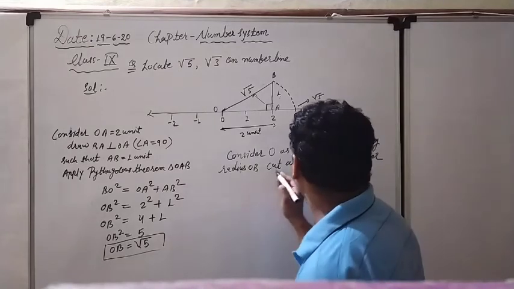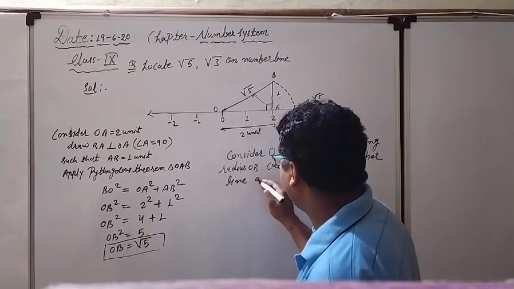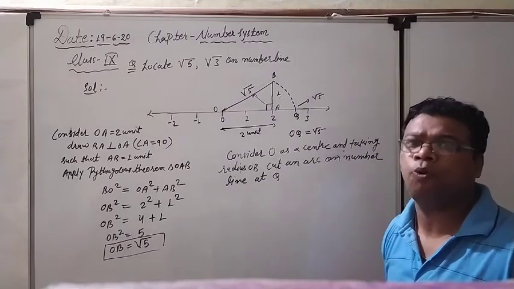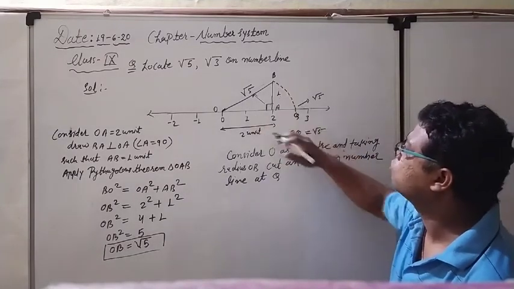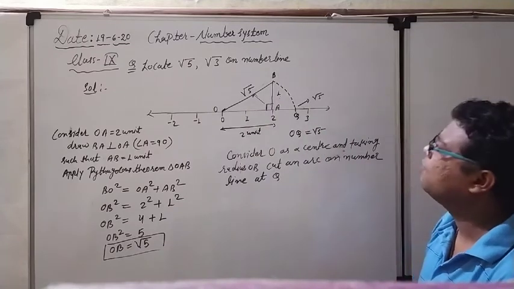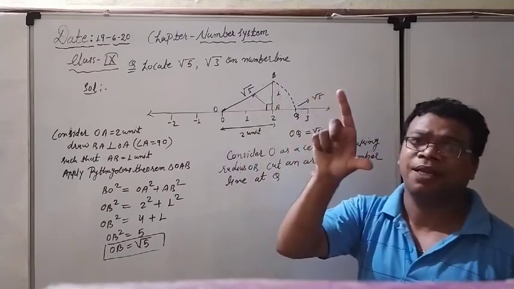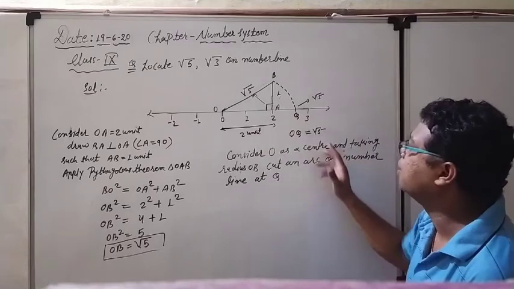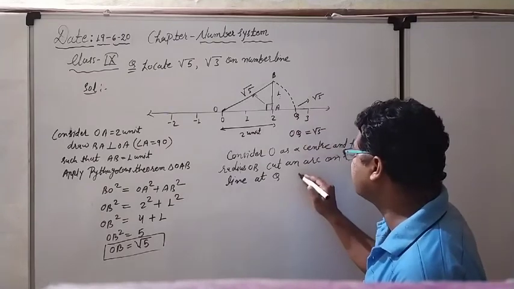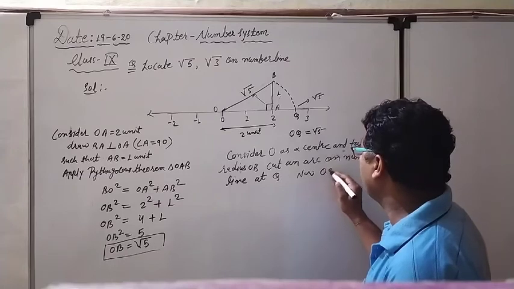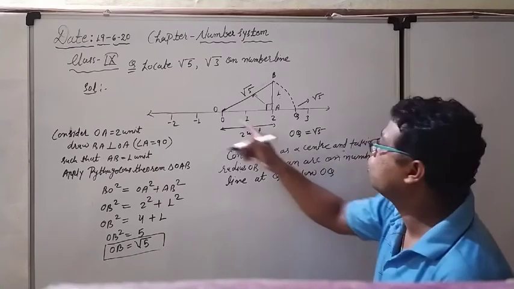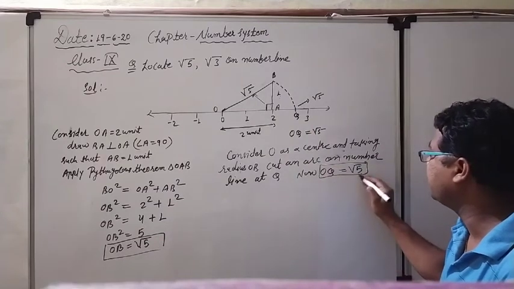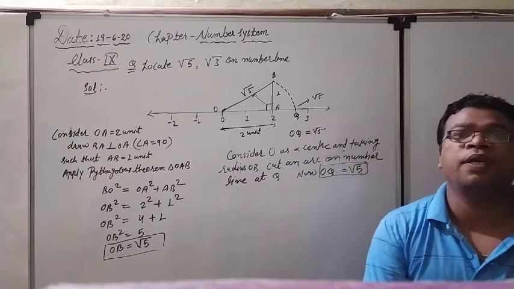Cut an arc on the number line at a particular point, Q. You can change the point also; you can take your own points. The matter is not there. O, A, B. I can take C here also. No problem. O को center लेना है. OB radius, that is root 5 units. और अपने को with the help of the compass just cut करना है on the number line, whatever the point it will cut. Now we can say that the distance OQ is representing the root 5 unit on the number line.